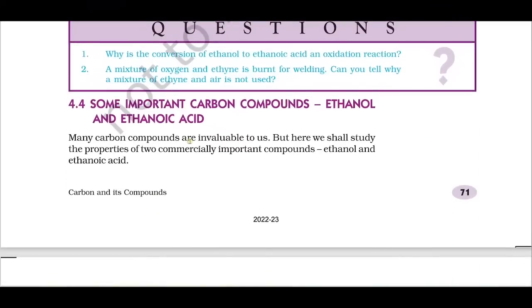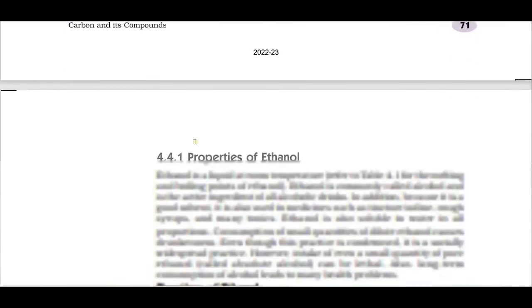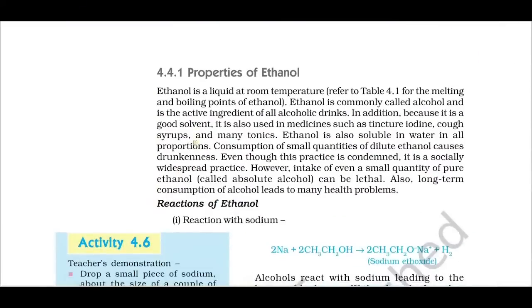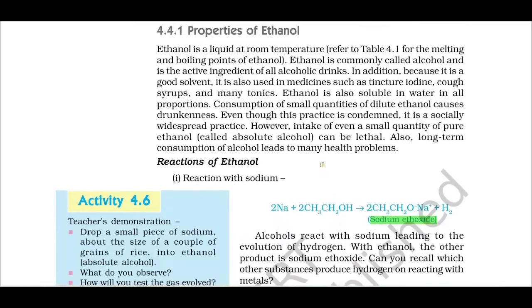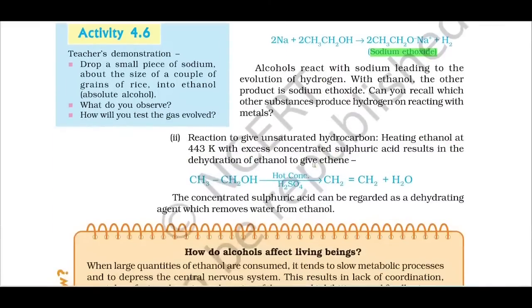Next, a very important compound is ethanol and ethanoic acid. The properties of ethanol and the properties of ethanoic acid are very important. And what happens when ethanol reacts with sodium? What is the product formed? The product formed is sodium ethoxide. What is it? Sodium ethoxide. The reaction of ethanol in the presence of concentrated